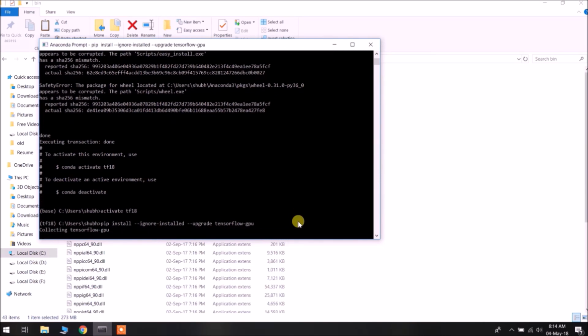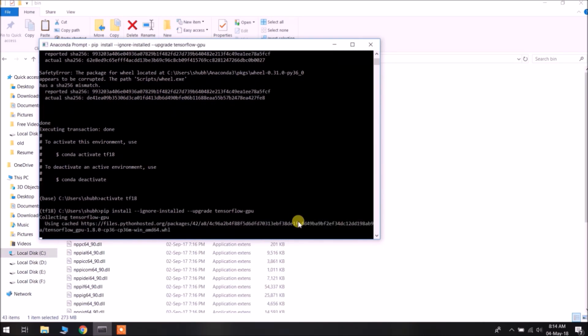This will download the latest version of TensorFlow GPU using pip. I have already installed one version in another environment, that's why I am having a cached version, but it is around an 80 MB file. It will take 5 minutes to download on your PC. See, it is using a cached wheel file.